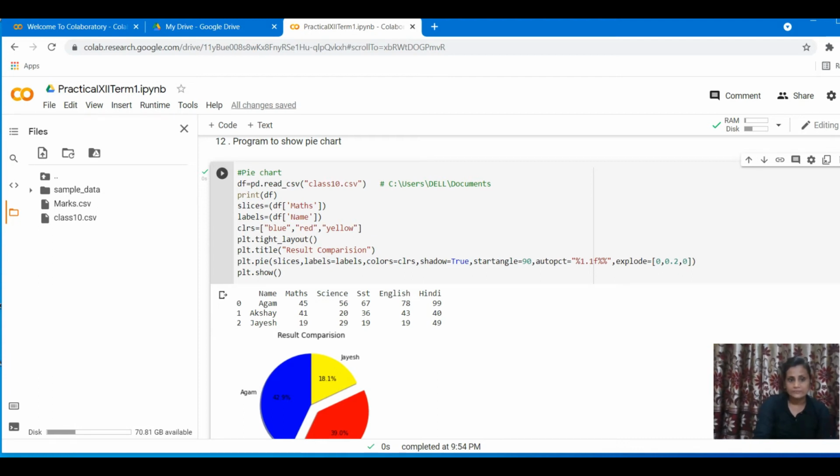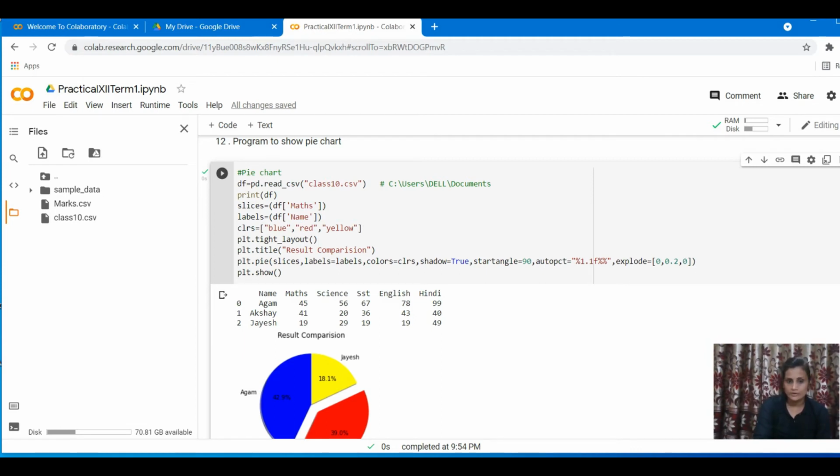And see, read_csv of class10.csv, this is the file we have just used with the read_csv function. We make this file available, then we use read_csv to read it out. Now you can see the data representation, what your data looks like.